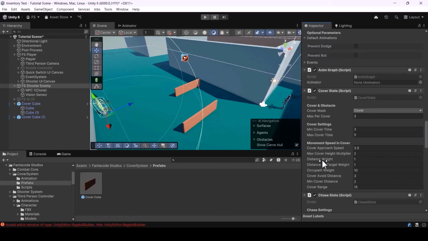So by changing these weights, you can define the importance of each factor. For example, if you want the enemy to always choose a cover that is close to the player, then you can increase this. Or instead, if you want the enemy to always take a cover that is closest to the enemy, then you can increase this. Okay, so just try playing with these values and try to find a good balance. All right,